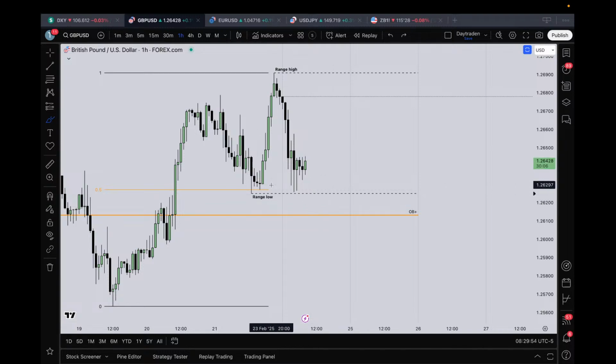So actually, pretty much the same scenario on the British pound compared to euro. It is a little bit tough to determine which one is going to be stronger compared to the other. So for now, I'm just going to leave that up to yourself, and you have to monitor that throughout the week. But that is the main scenario that I'm also going to be looking at on the British pound against the US dollar.